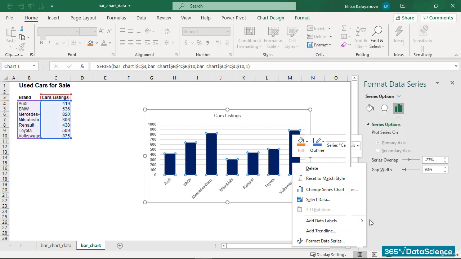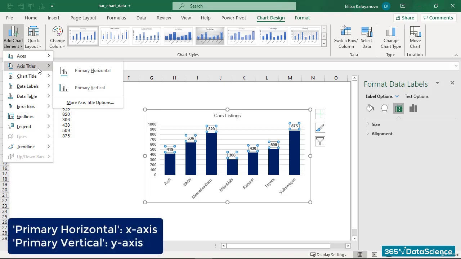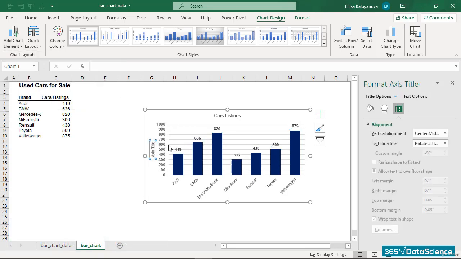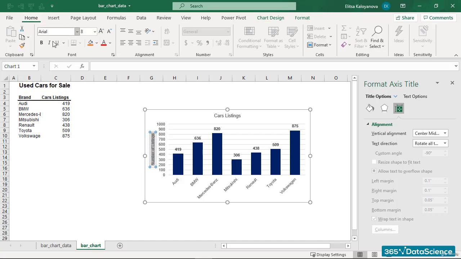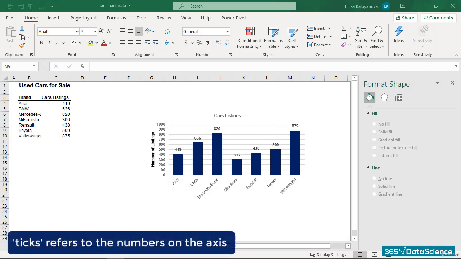Which we add by selecting Axis Title, and then Primary Vertical. Horizontal is for the x-axis. Excellent. Let's name it Number of Listings and bold it. Make sure the color is actual black. One minor change regarding the y-axis. The y-axis ticks are a bit crowded at the moment. Ticks, if you're wondering, refers to the number